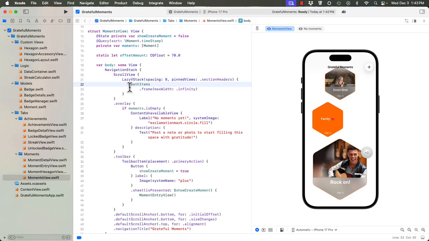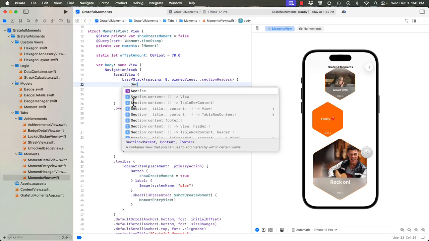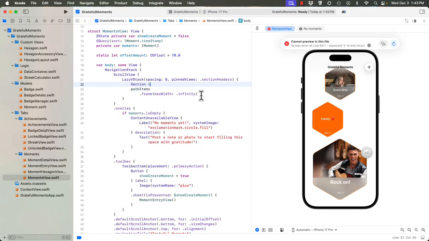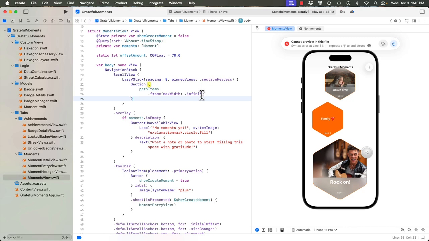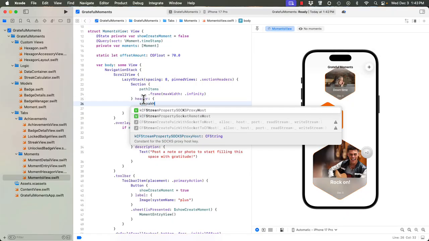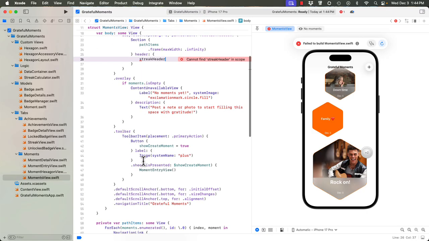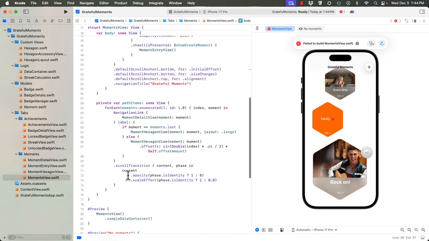And then we're going to wrap the path in a section like this, and then the header is going to be the streak header. Now we have to create this, so don't worry, we'll get there in 1 second. We're going to create a streak header. So we come down here,